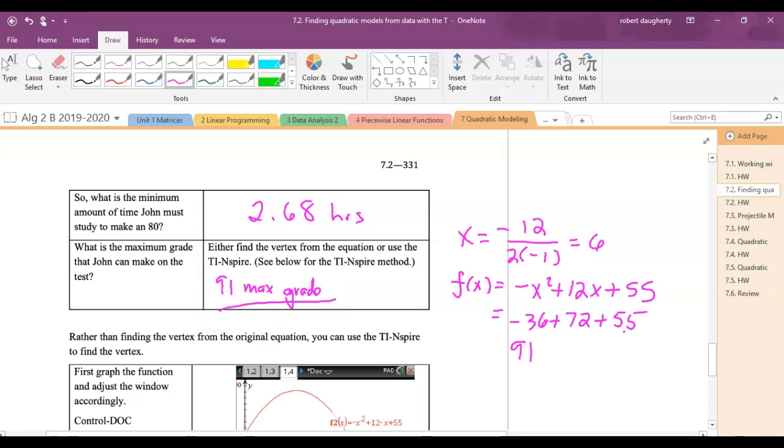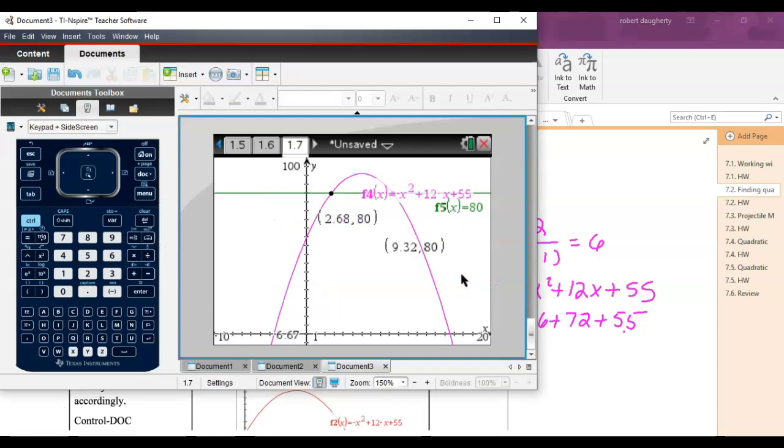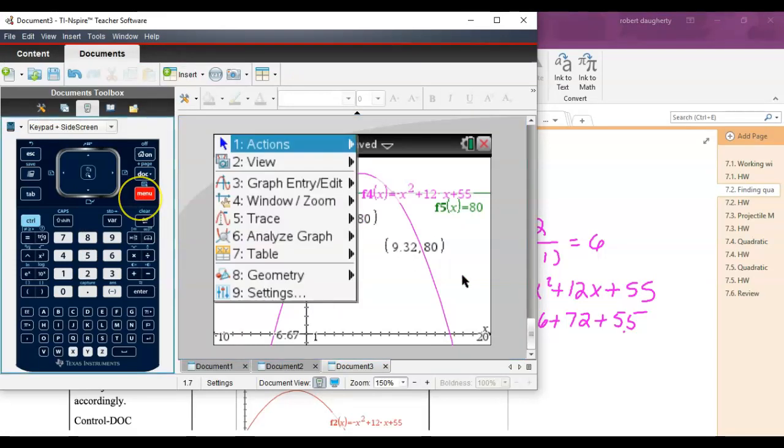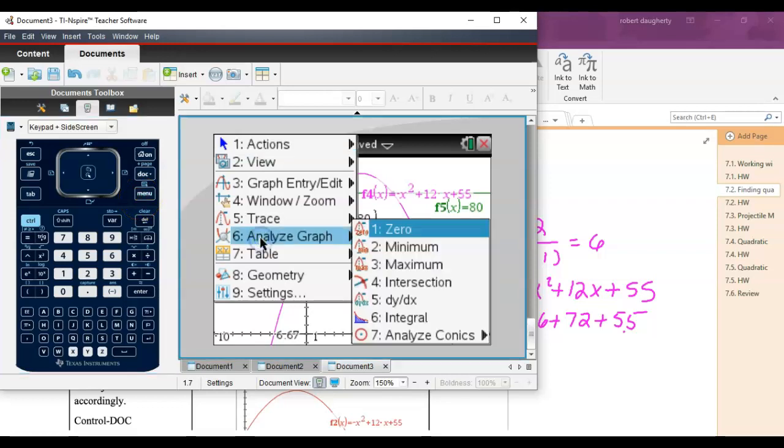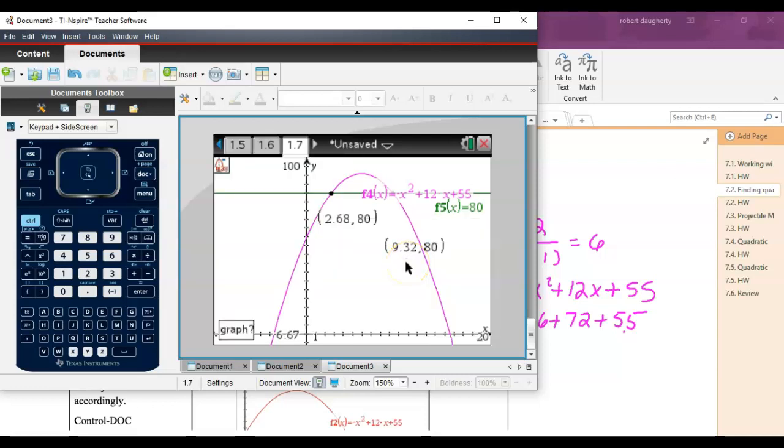Now, here's a situation where the graphical method is easier. Okay? So let's go back to our graph. We've got this graph right here. Menu, analyze. What am I looking for? Maximum value. So I can just come over here. I know the maximum is going to be somewhere right in this area. So click to the left of where I know it is and click to the right of where I know it is. And it tells you,